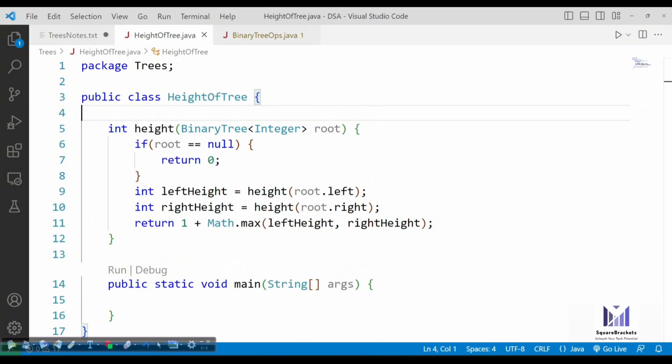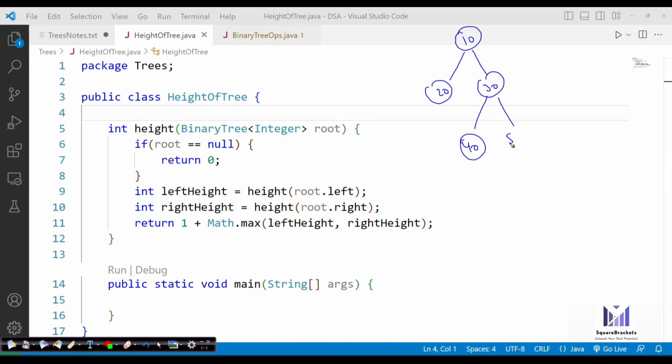So basically we have a height function over here. How exactly is it working? It is simply taking the tree, the root node, as the argument. So if we will think of the tree like this, okay, suppose this is the tree. Now, first of all, this line will be executed: if root is double equals to null, then it will return 0, but root is not equal to null, so it won't get executed. So this line gets executed, leftHeight is equals to height of root.left. So it will move to this left node.